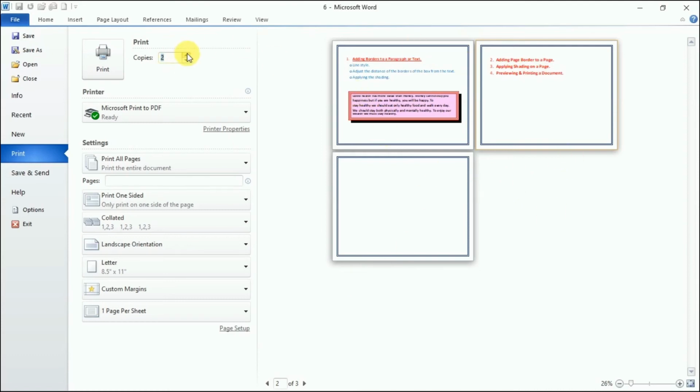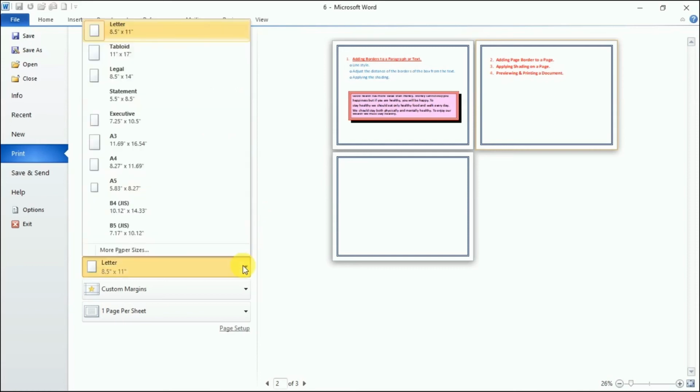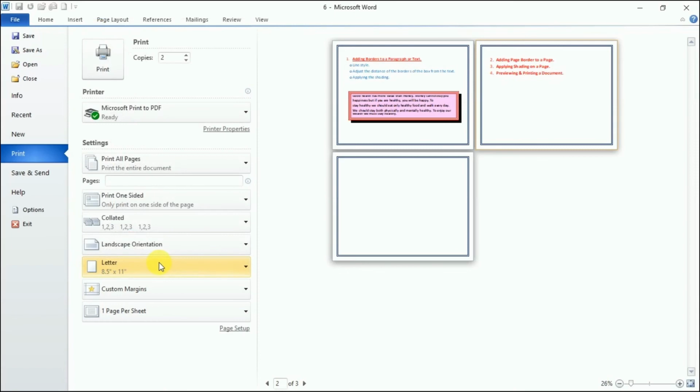Number of copies you want to take the printout, you can choose from here, right? Copies. Now if you want to take the printout of all the pages, you can write the number of the pages. Print one side, if you want to take print one side, you can choose that option. Page size you can choose. If you choose A4 size paper, right? If you are taking a printout on a letter page or any other size of page, the settings would look different on that page. So you can choose the type of page, whatever is there.